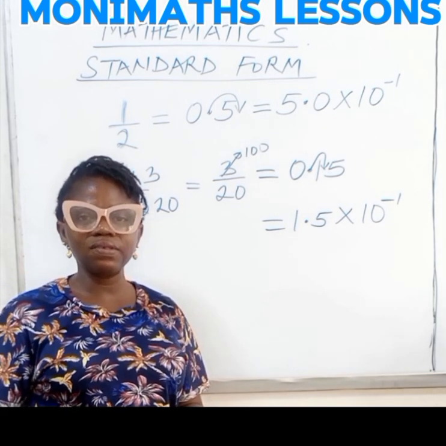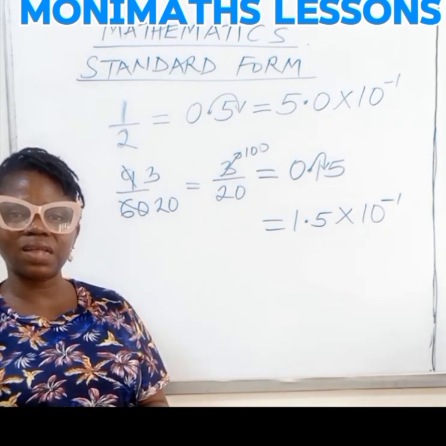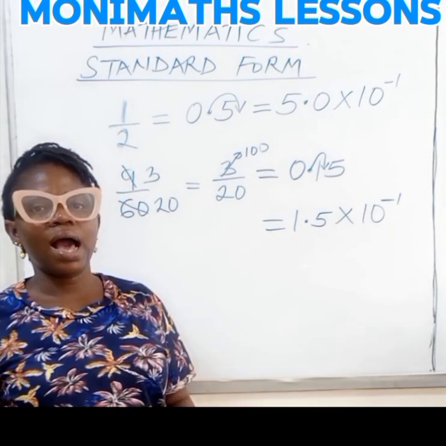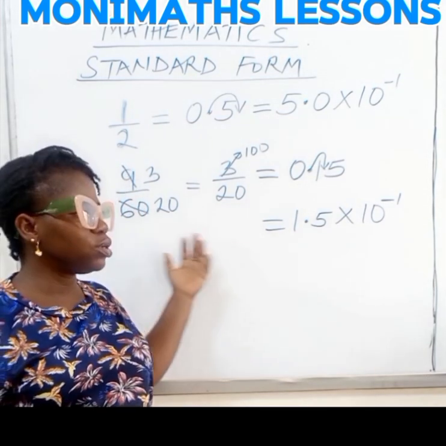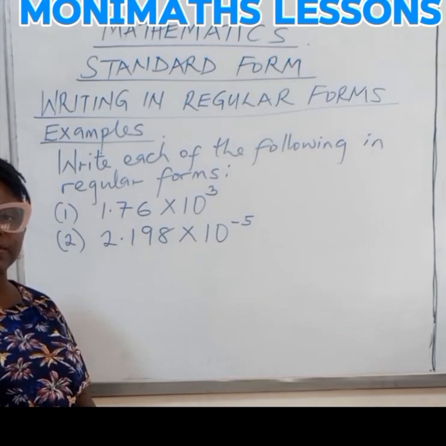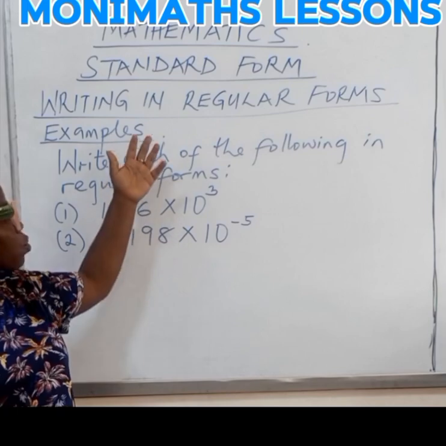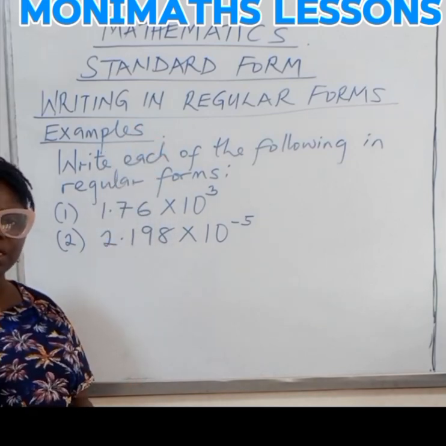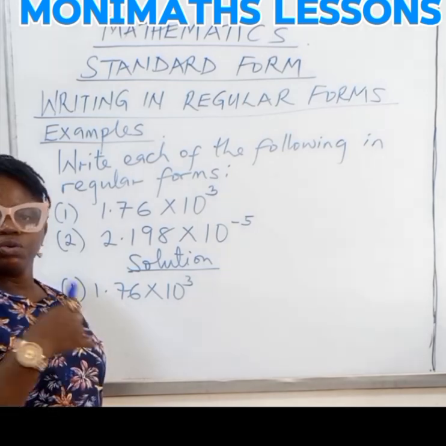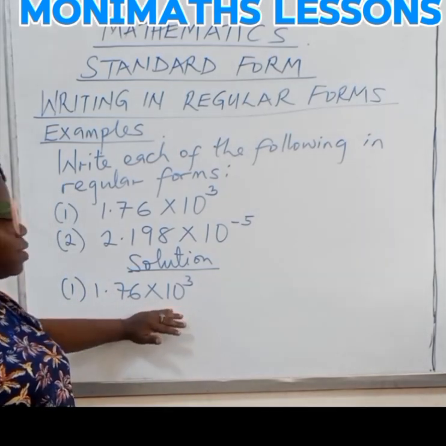Yes, there are cases where numbers are written in standard form and you will have to work backwards, as in reversing it to the regular form. Let's see those. These are numbers in standard form and it is requested of us to write them in regular forms. You just have to know the way this is achieved,